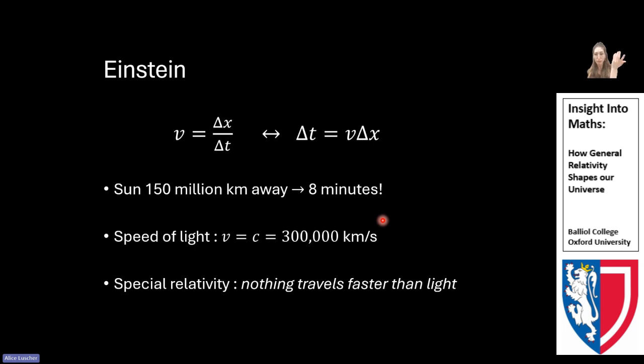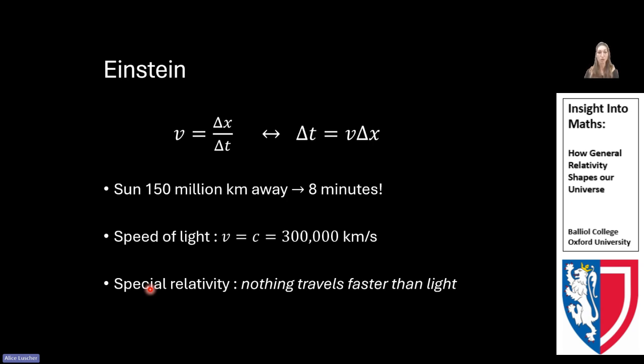And so what's the idea behind this time? The sun is situated 150 million kilometers away from the Earth, and the time it takes for the information to get to us is this distance divided by the speed of the information. And the information actually propagates at the speed of light, which is really fast. So it takes 8 minutes for it to come to us. And the fact that we get the information at the speed of light is related to Einstein's other theory, which is the theory of special